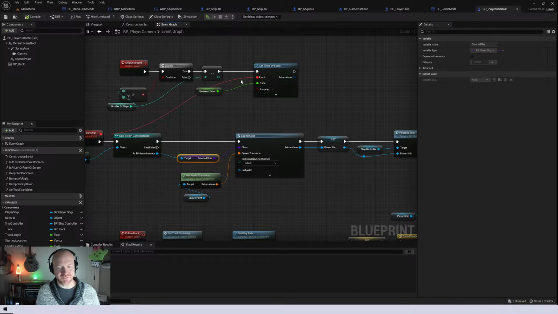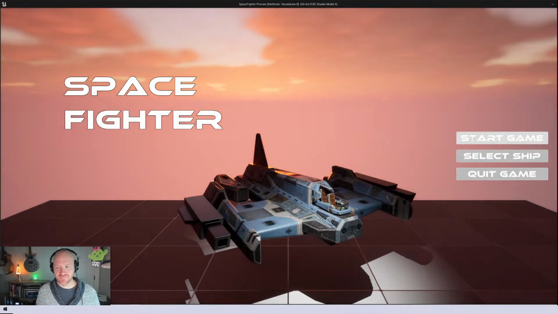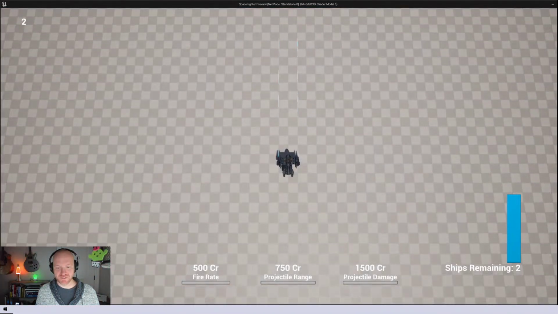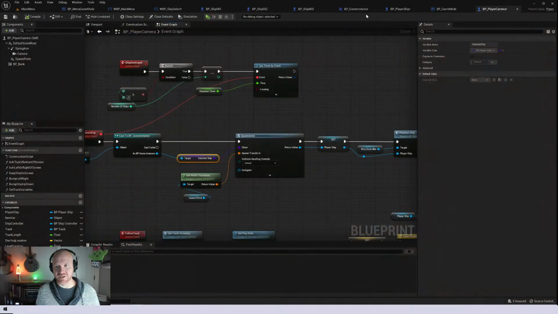Let's see if this works. We'll try to use the blue ship. And look at that, it works. This one cannot move though. I think it's because